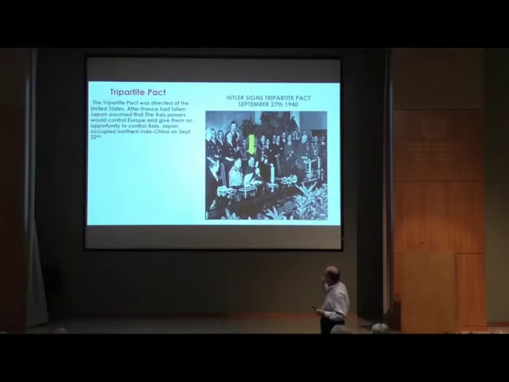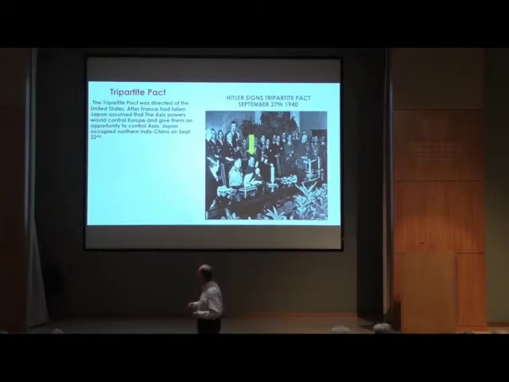So France has fallen, and the Axis powers control Europe, and this gives Japan the feeling that they can control Asia. So they occupy northern Indochina on September 22nd of 1940. Remember, the French government is the Vichy government. So the Vichy government has control of French colonies, and the Japanese occupy North Vietnam